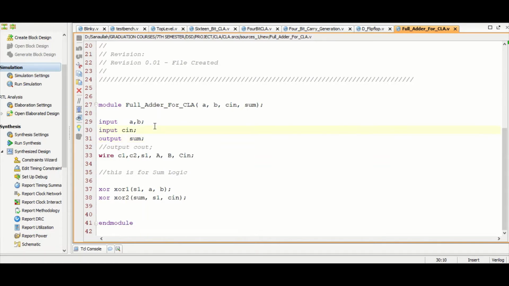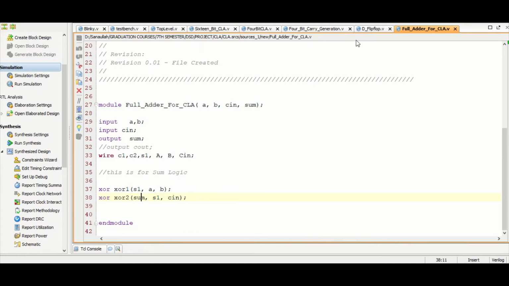So with the basic concept discussed in the first video, we use an XOR gate to generate sum from the first half adder and sum from the second half adder. This full adder will be called in the 4-bit full adder.